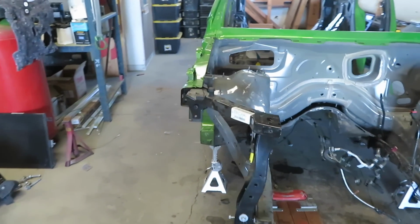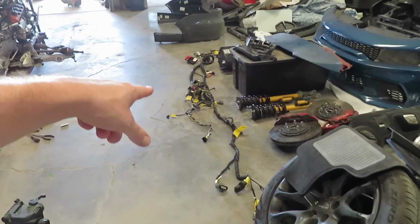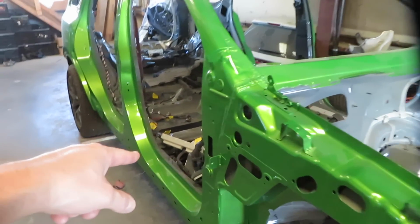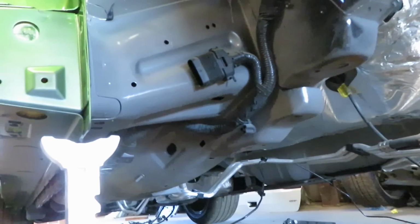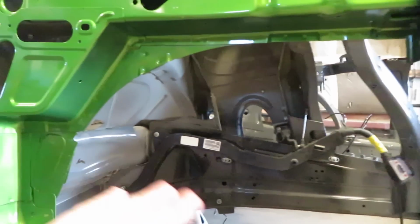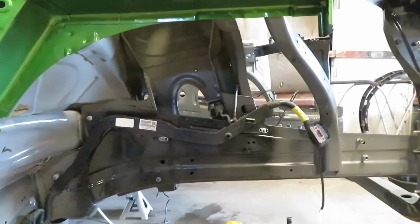On the Durango, it's pretty crazy how much wiring there is. Besides that huge harness that's in the engine bay, and the harness that's over there on the carpet, there's also a huge harness on the interior on both sides, as you can see. And then there's also a huge harness on both sides underneath the car. So I'm going to have to pretty much go through everything, and I'm probably going to be deleting quite a bit of wiring